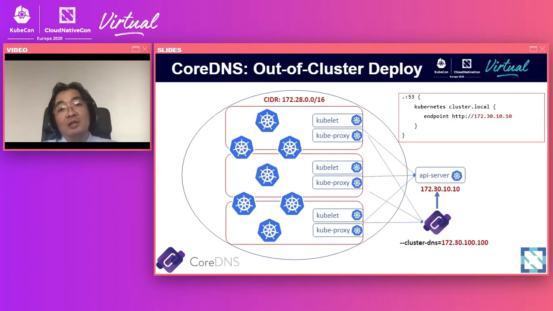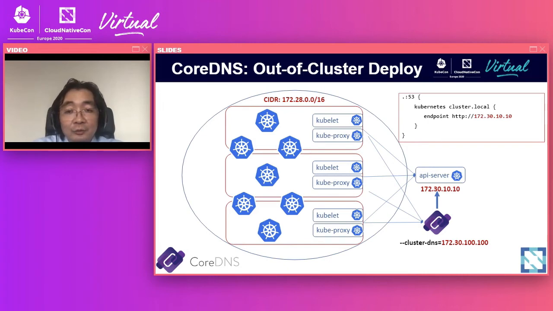But what we want to talk about here is the out-of-cluster deployment. Out-of-cluster deployment, by definition, is to move CoreDNS outside of the Kubernetes worker node. Not a lot of people notice that, but it is available in CoreDNS. In this diagram,